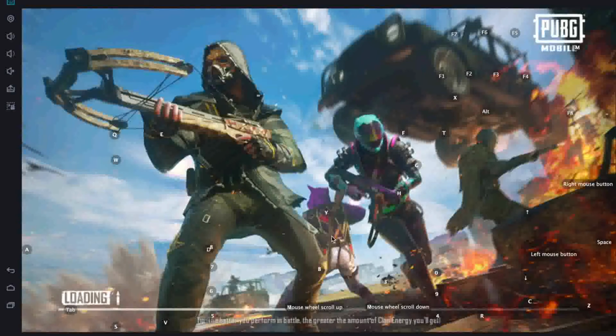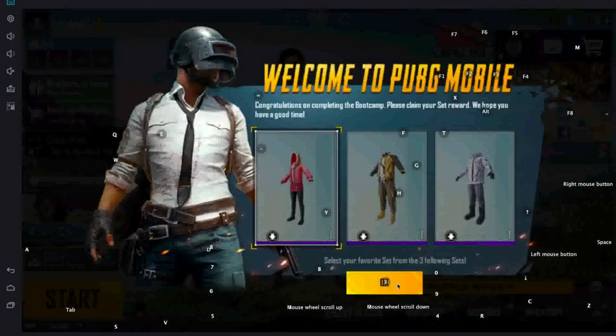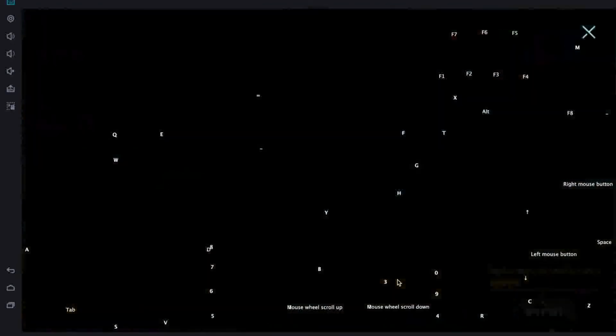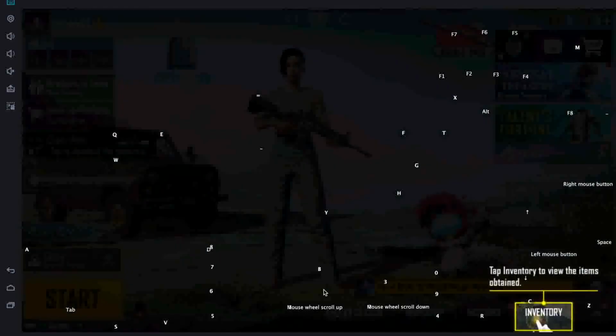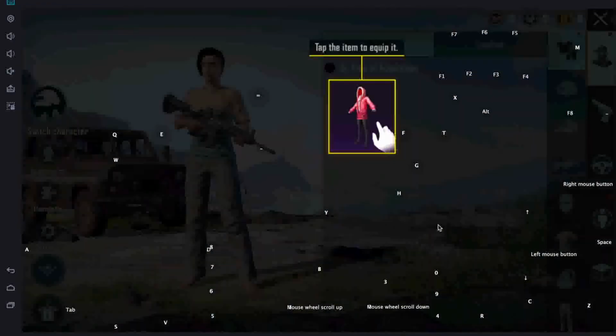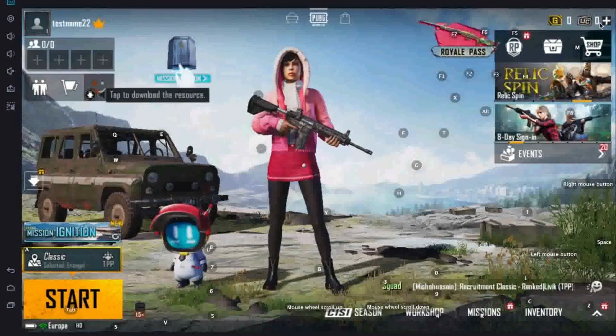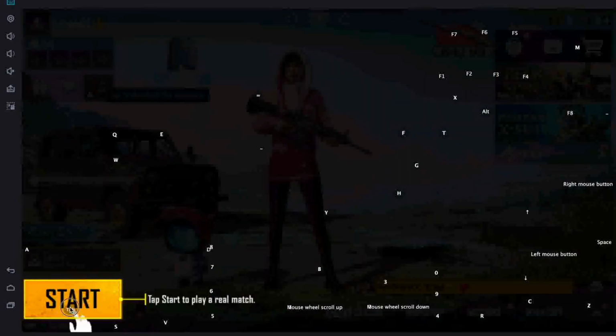Let's see if it stops. Yes, it detects that you are using an emulator and sets the players accordingly. And let's say okay, and okay, and okay. Okay, now our game set the equipment. Basically it started. So you can select different things here. Basically, as you can see, your